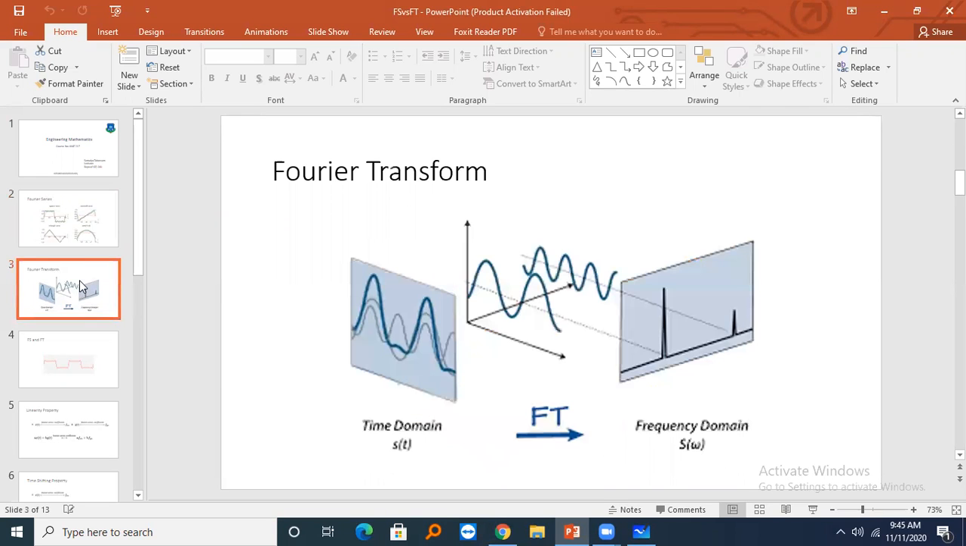So we can get into the Fourier transform now. We can say in mathematics, a Fourier transform is a mathematical transform that decomposes a function into its constituent frequencies. The Fourier transform of a function of time is a complex valued function of frequency, whose magnitude represents the amount